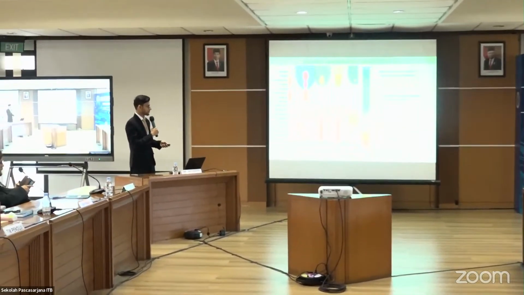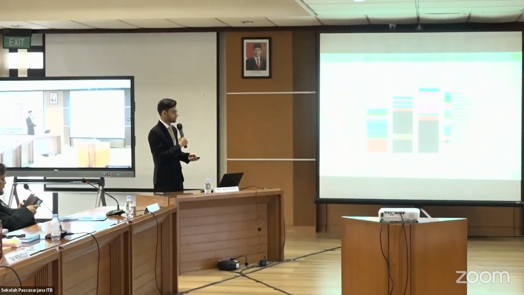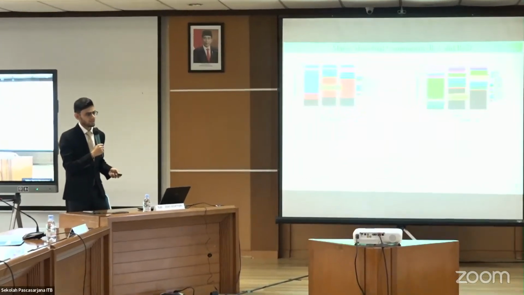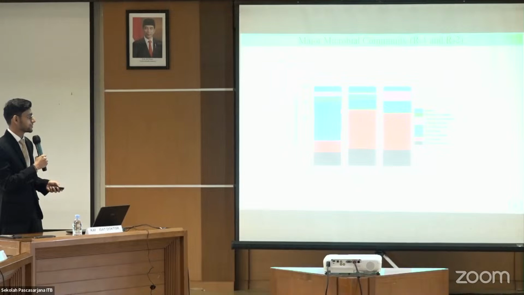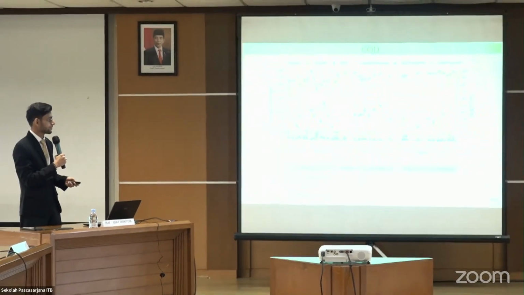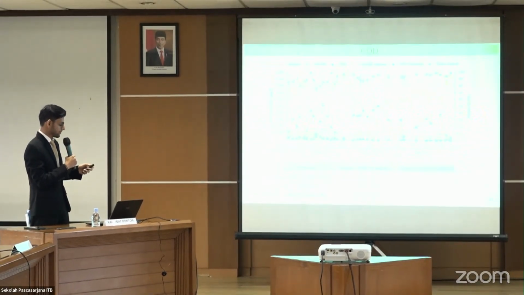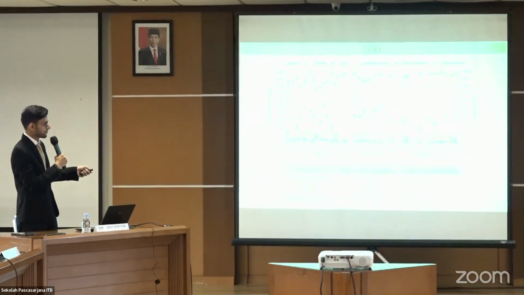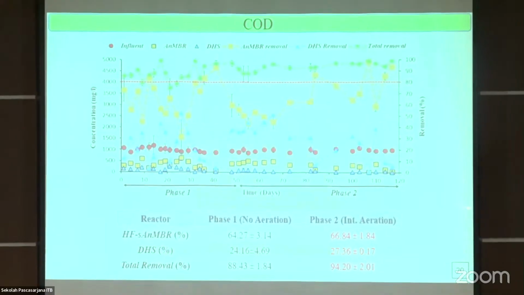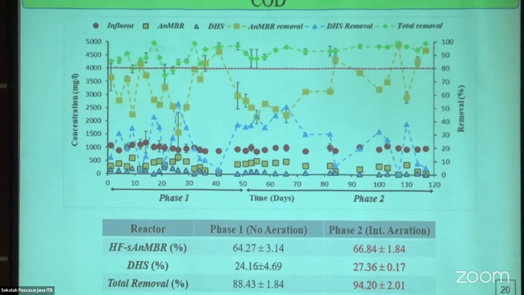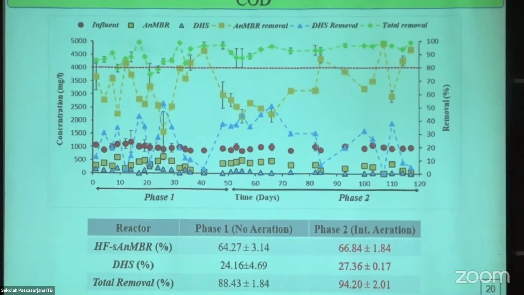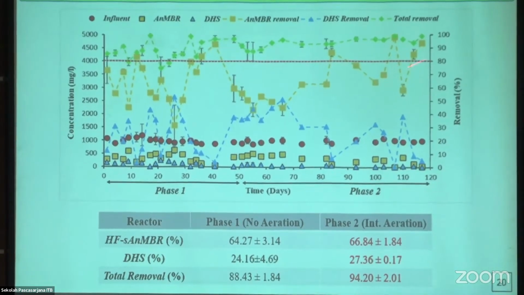Under the influence of intermittent aeration, we could see that the system was able to achieve a steady state in comparison to the other. For example, here, we were able to achieve the steady state after 50 days of starting the second phase. So even if there is an absorption or accumulation of the intermediate product on the sponge, we couldn't see from the result any release of the